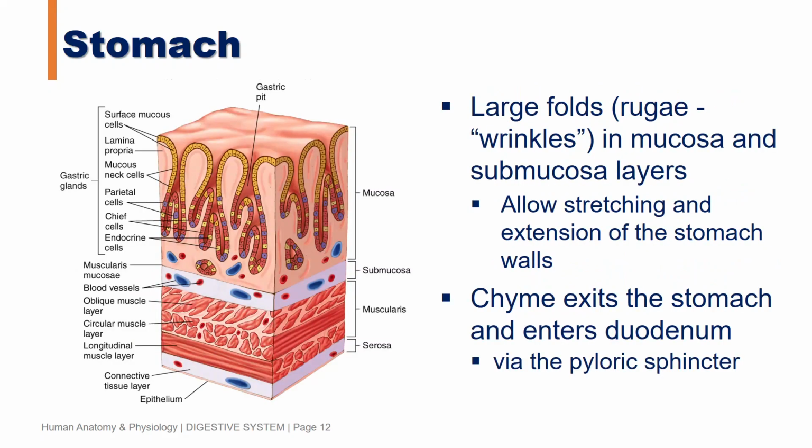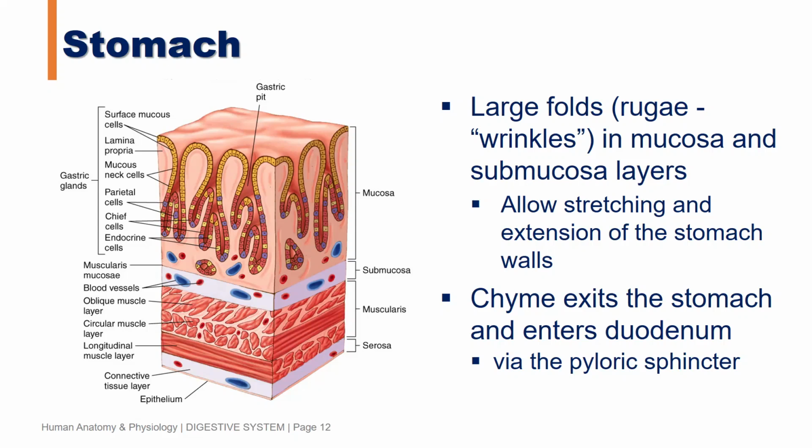You have large folds in the mucosa and submucosa layers. These large folds are also called rugae or wrinkles. As you can see from the photo, the mucosa and submucosa contain rugae, so that it will allow the stretching and extension of the stomach walls. Chyme exits the stomach and then enters the duodenum